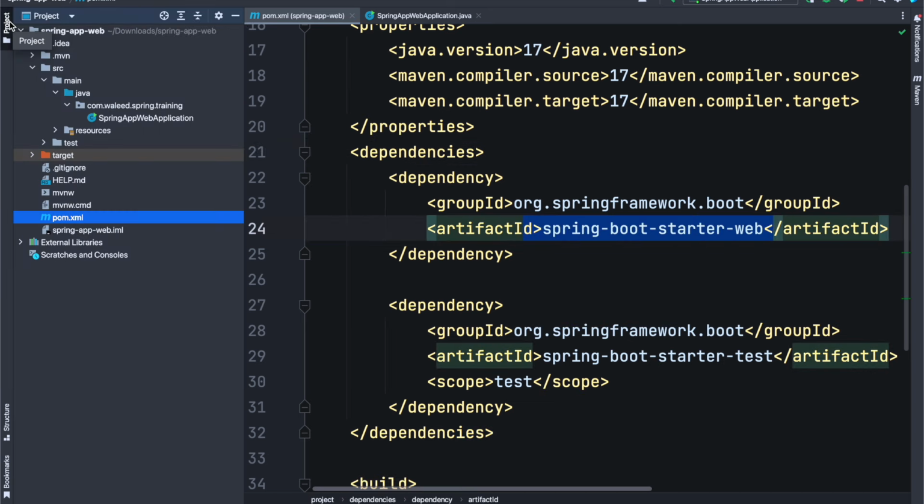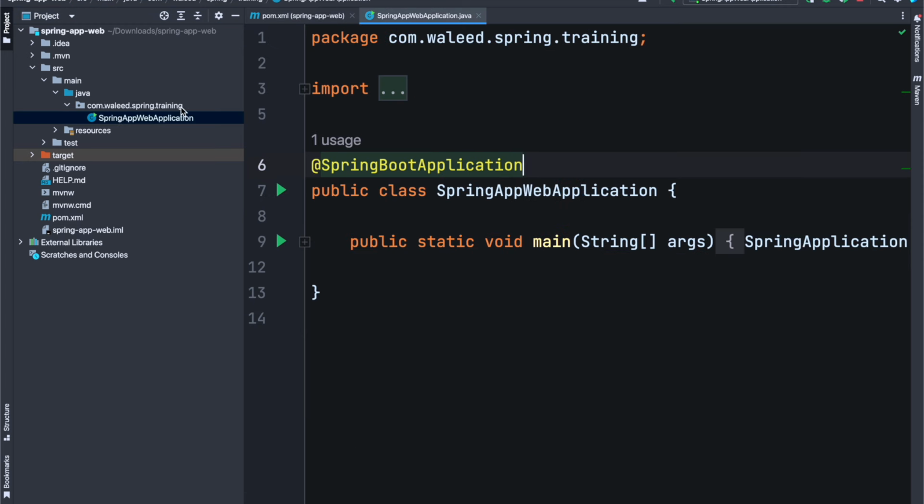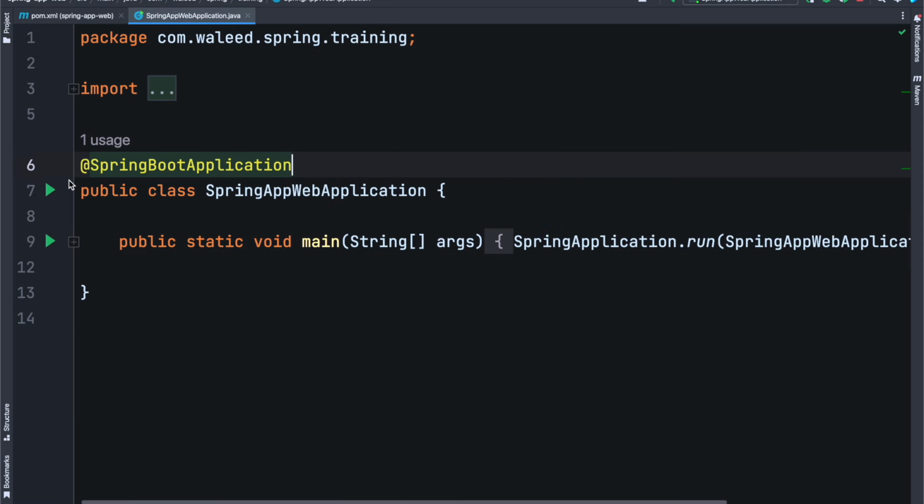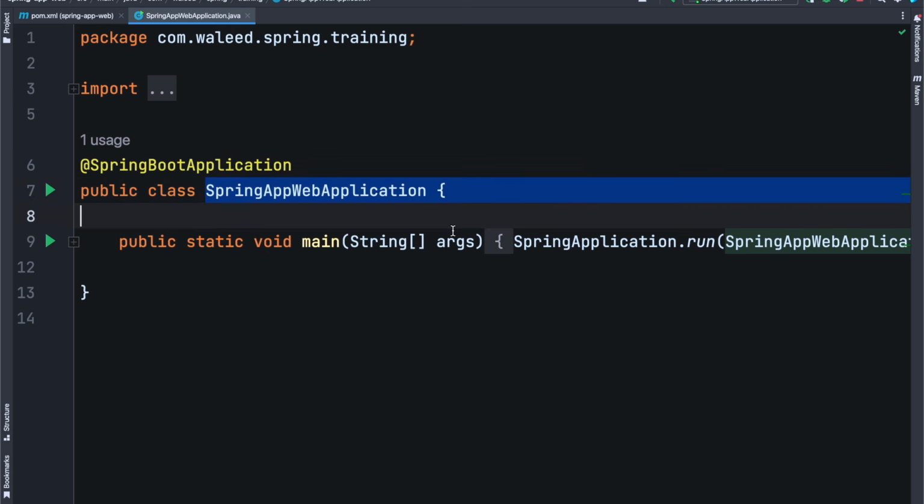So next, let's also have a look at our main file. That is the one that we ran, right? We just hit that run here, and it just started in around 1.8 seconds. So this is the entry point for our Spring Boot application, that is this particular file, because it has the classic traditional public static void main Java method,